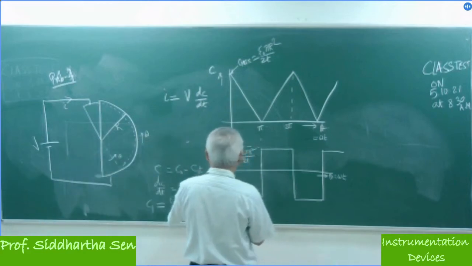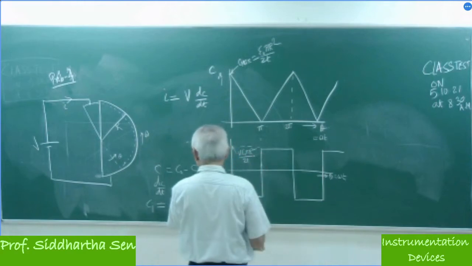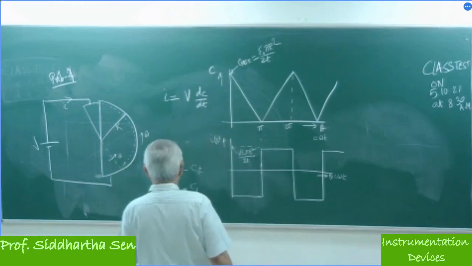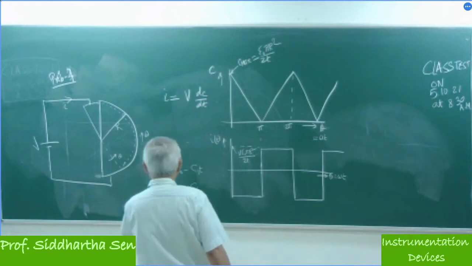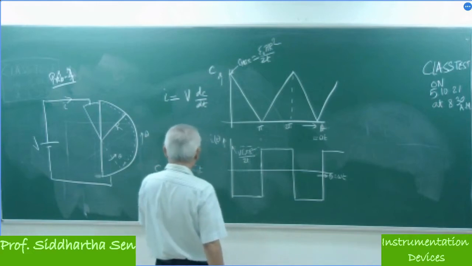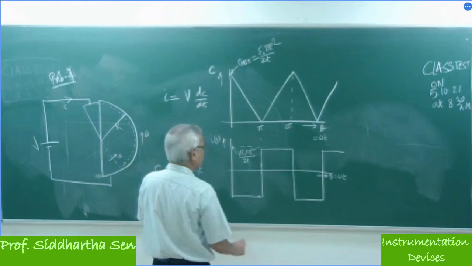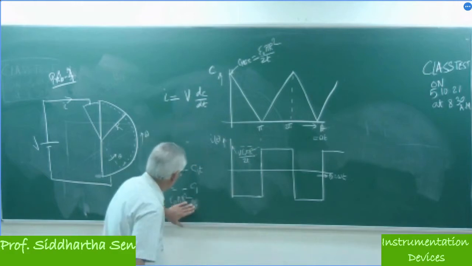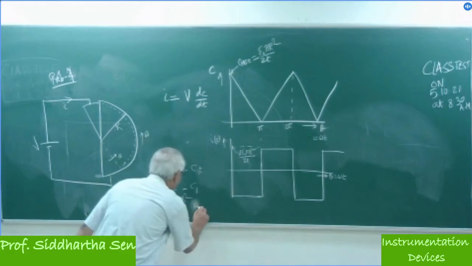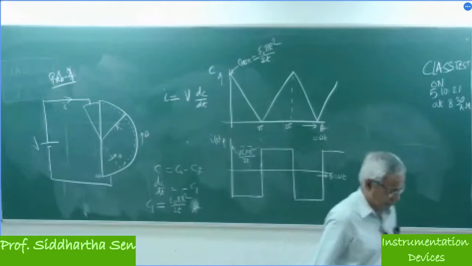There would be some omega term. I agree. Because when the current is going there, C1 is equal to that, divided by omega, T is equal to pi by omega. So here it will be omega by pi. Please check it. Am I correct? Yes, sir. Now it is correct.